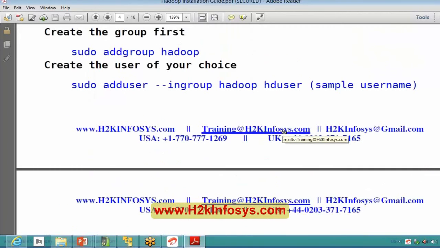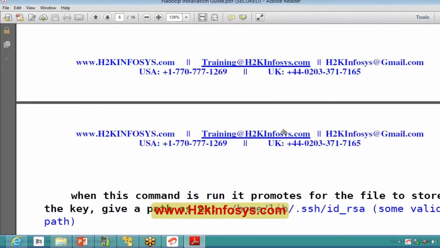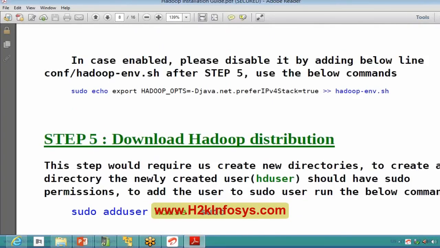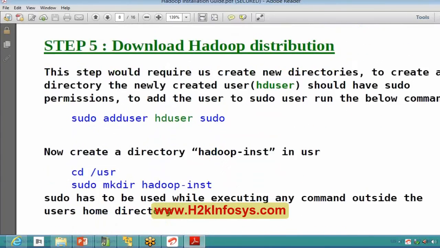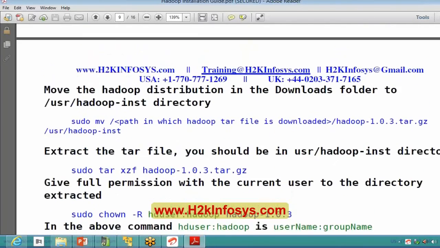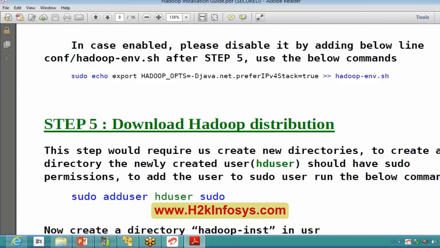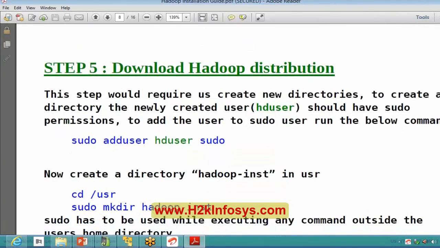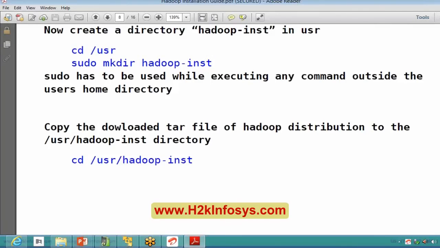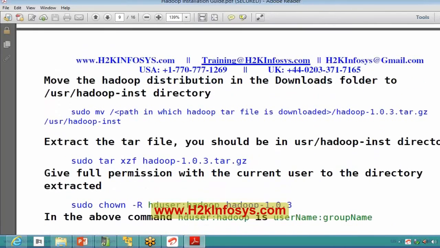So whenever you download a tar file, the step that you have to follow is, I have gone into this 5th step, which is download Hadoop distribution. We are at the same place, right? We have downloaded the Pig distribution. So that's the reason I directly went to this step. Okay. On all these things we already have this user path, Hadoop inst path and all those things. So no need to follow these steps. The only thing that you have to do is